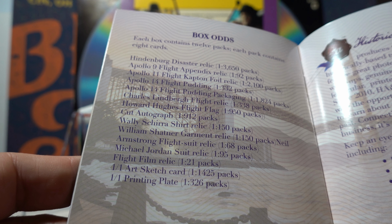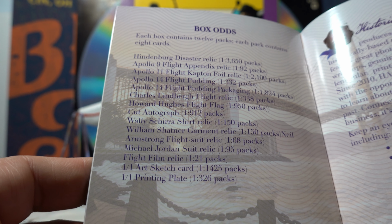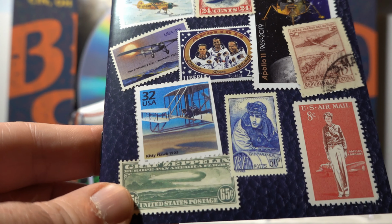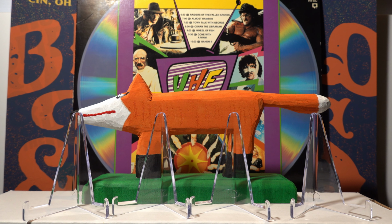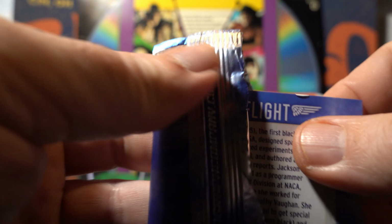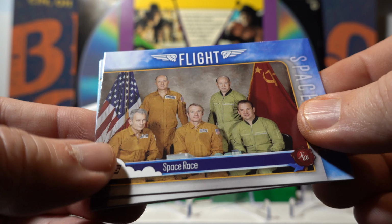So there are quite a few things that could be in this box. So some interesting stuff right there. We're going to take a look. Again, there are 12 packs, 8 cards per pack. Of course, the Jordans, just from a monetary value, would be nice, but I'm a huge fan of the movie Airplane. Leslie Nielsen, anything Leslie Nielsen would be great. Space Race, the Soviets,